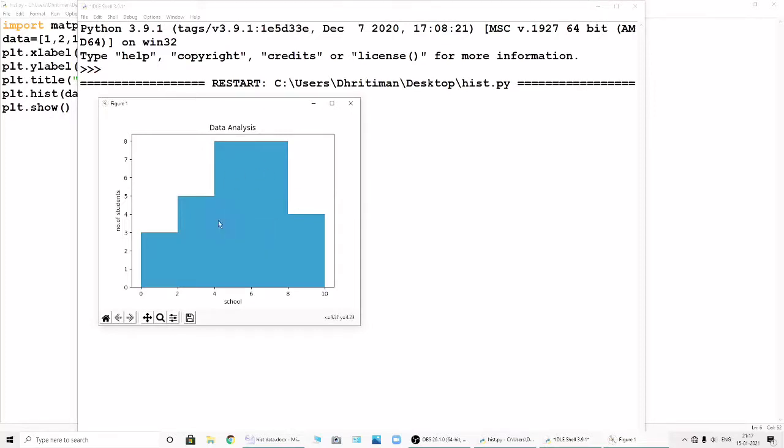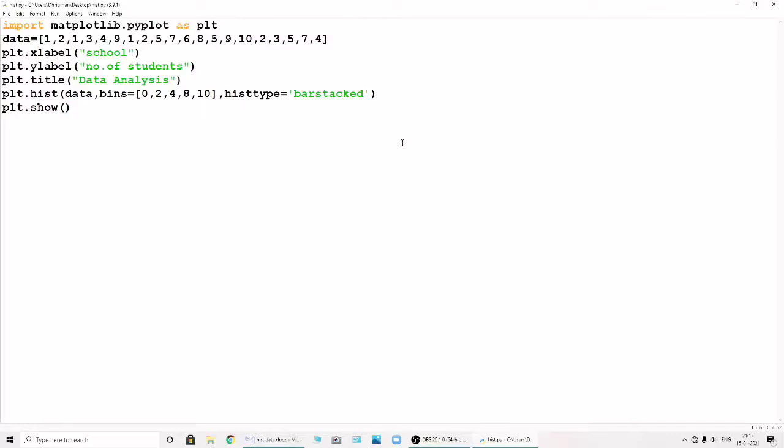This is the bar stacked, which means it is in the form of bars. Clear? So this is all about histtype, students.